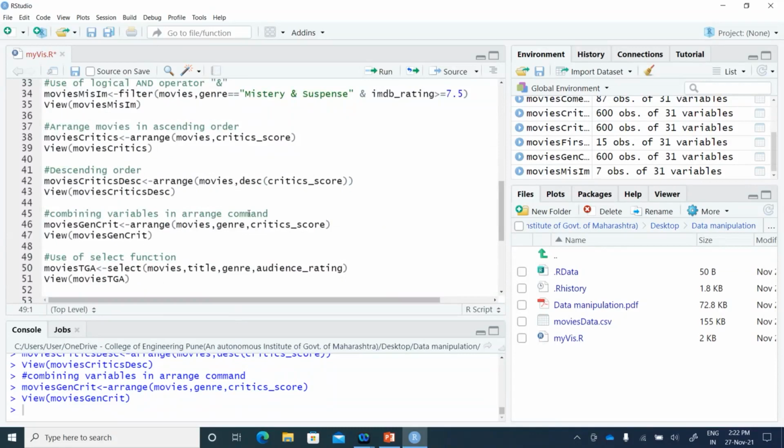All right. Now let's go ahead with the function select. Okay. So what is this function select? It selects the variables based on their name. Suppose I want to see this data frame, which is big and has 31 columns, but all those 31 columns